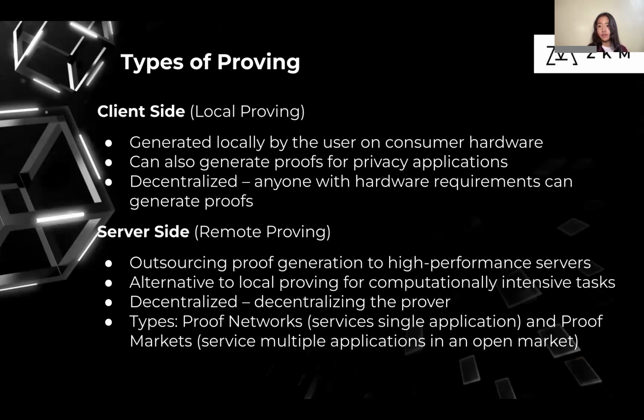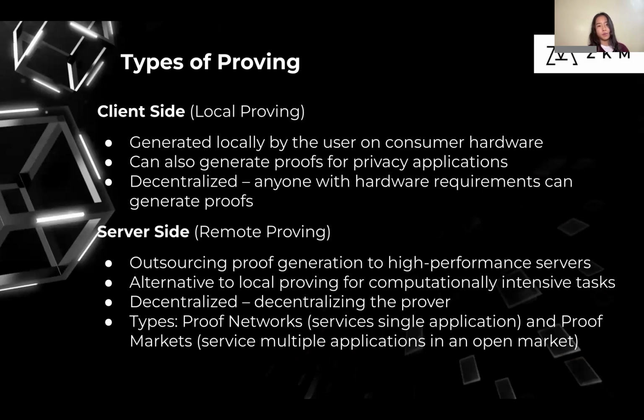And it's an alternative if you want to do some especially computationally intensive tasks that you may not have the hardware for. And it can be decentralized, as in decentralizing the different prover roles that are involved in the network that you're using. And there's different types of server-side provings that you can have. So, for example, proof networks, which service single applications, and then also proof markets, which service multiple applications in an open market. So those are some of the different types of remote proving